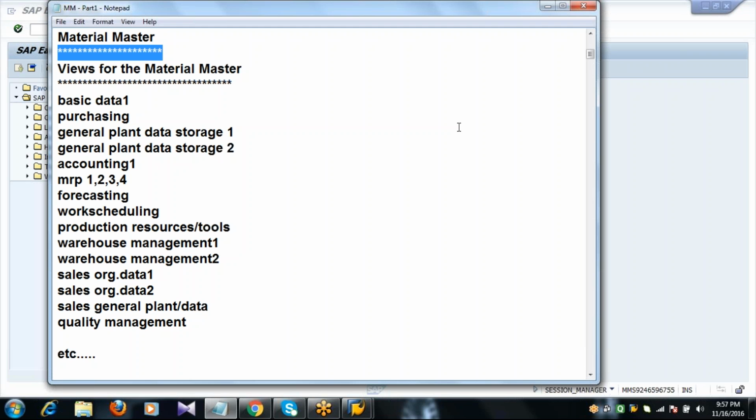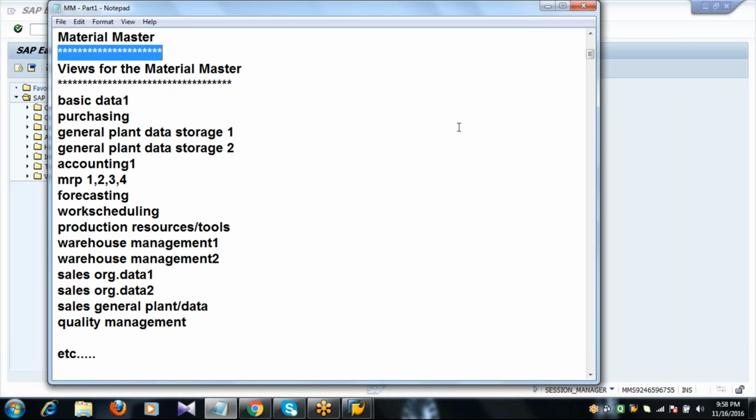Like this, you'll have so many materials and goods. All the material information the company is going to purchase and the company is going to manufacture or produce is stored in our SAP system as a material master. So we call it a material master or a material name or a material number or a material code.